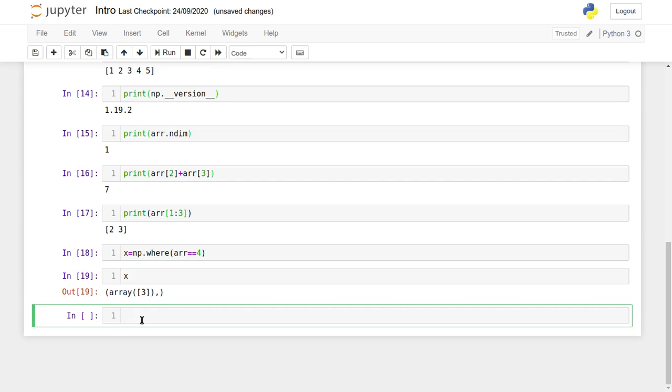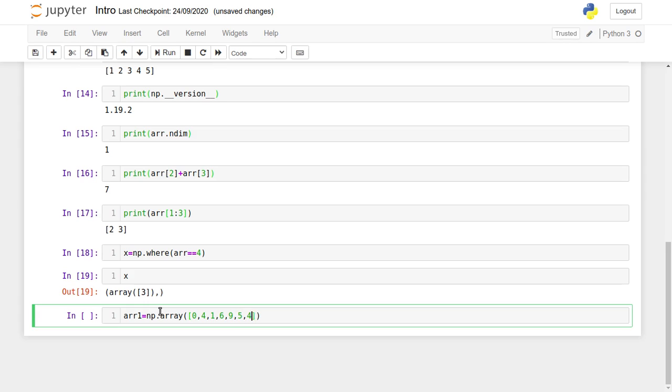We can also perform sorting on the NumPy array. Let us take one random array which we will initialize. I will take this as arr1 equal to np dot array with 0 4 1 6 9 5 4.